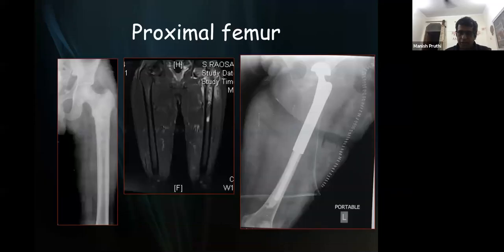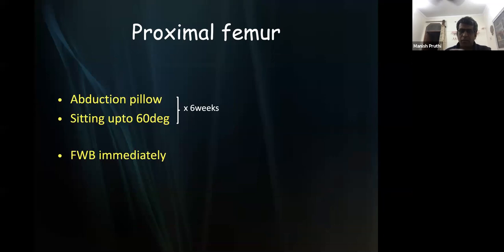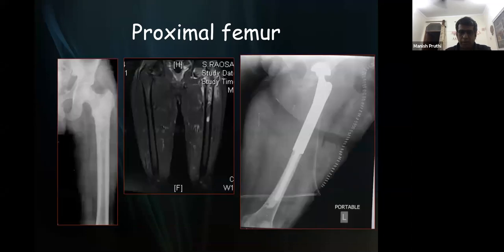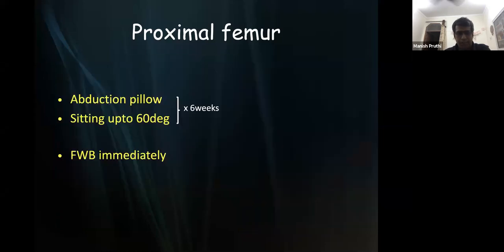So once we reconstruct it with a prosthesis, like in this case, osteosarcoma of proximal femur reconstructed with a megaprosthesis, we need to keep the limb in abduction, because if we adduct too much, the hip can dislocate. As you can see in the previous slide, there's now an artificial ball with a very long prosthesis in the proximal part with the artificial ball in the acetabulum, which can dislocate. So you need to keep the limb in abduction, and you cannot allow a complete 90 or more than 90 degree sitting. So we usually tell the patient to sit up to 60 degrees.